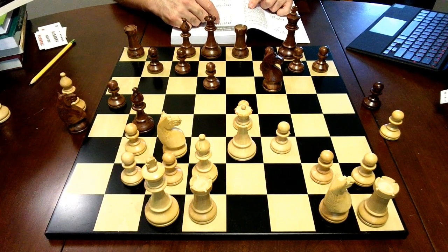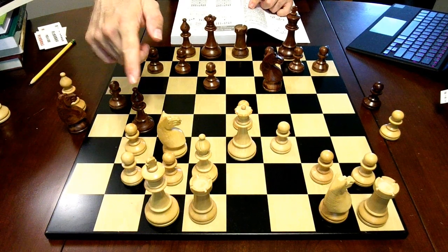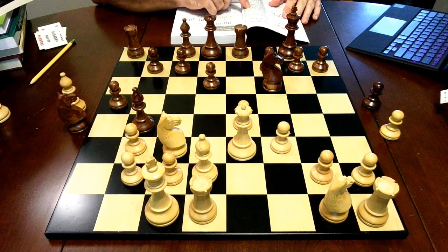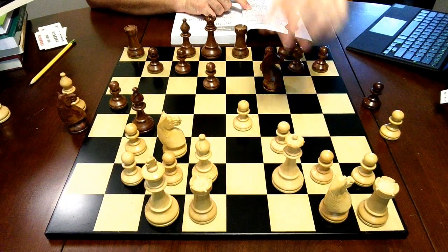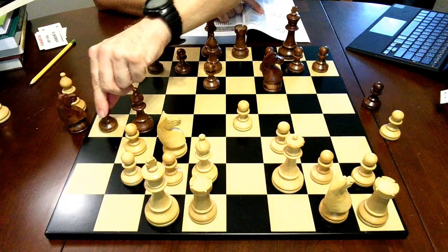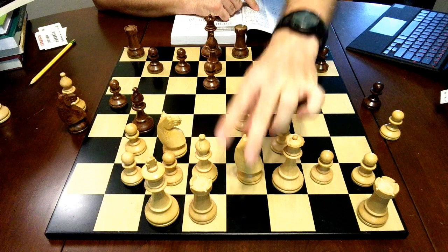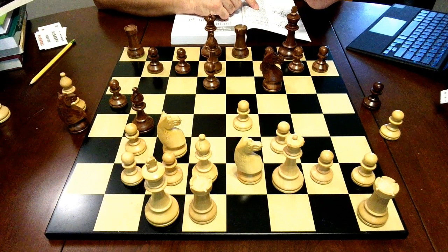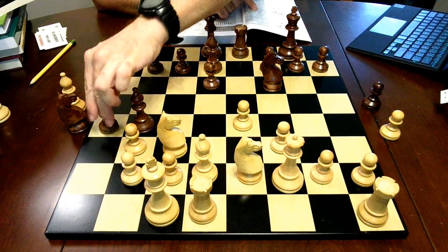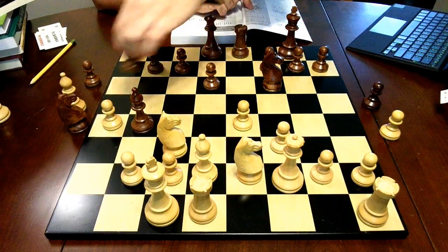a5, which makes sense because he wants to open the lines and attack the queen side where the enemy king is. Queen f2, bishop d7, as you can see he wants to support the attack. Knight g e2, we are at move 13, finally white finishes his development. a4, b takes a4, bishop takes a4,